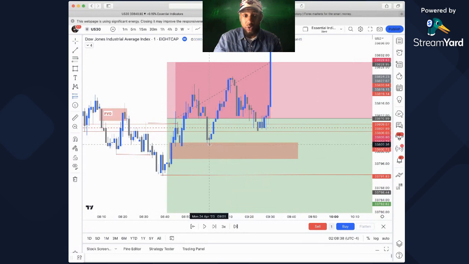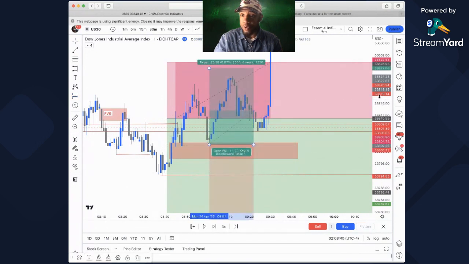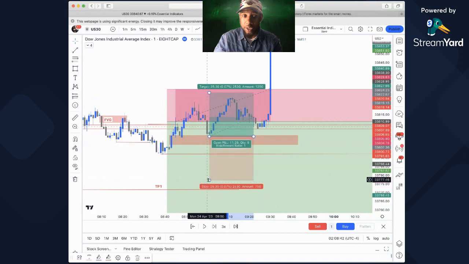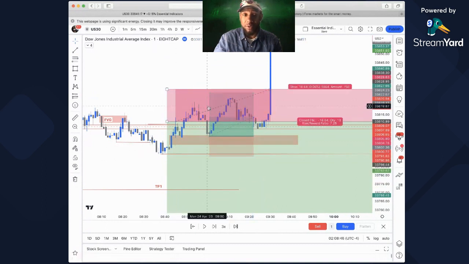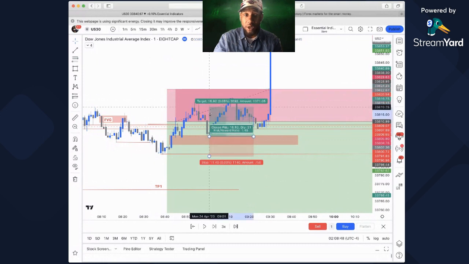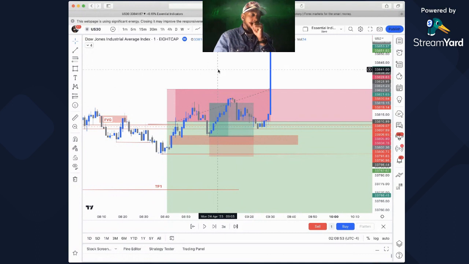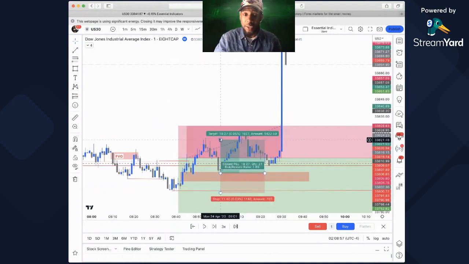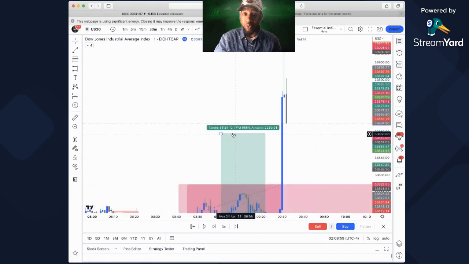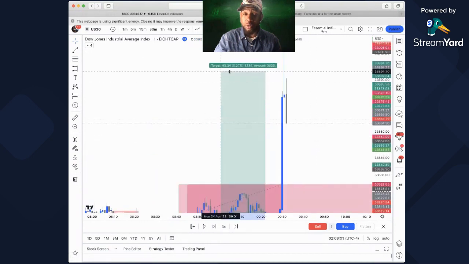If you were to strike here at the top of it with your stop loss underneath the low, you're talking about 11 pips. 11 pips. All right, and then your first take profit will be 20 pips. So that's about a 1 to 2. And then, as you know, it went up all the way 100 pips. Excuse me, I got a little allergies.